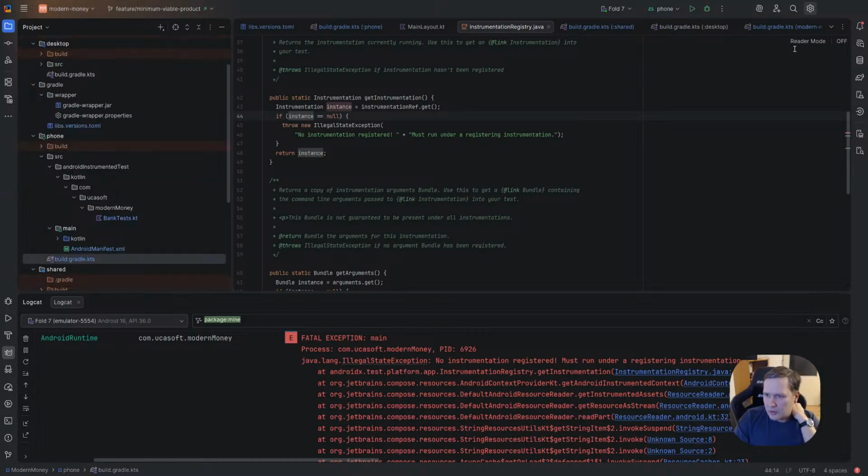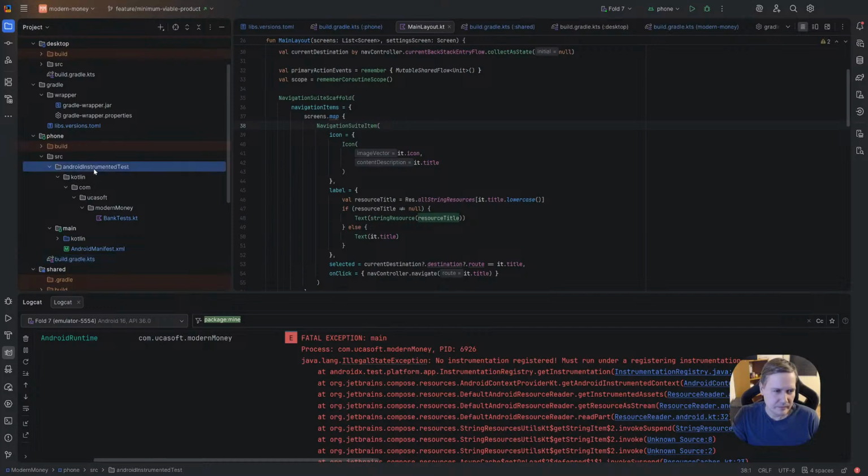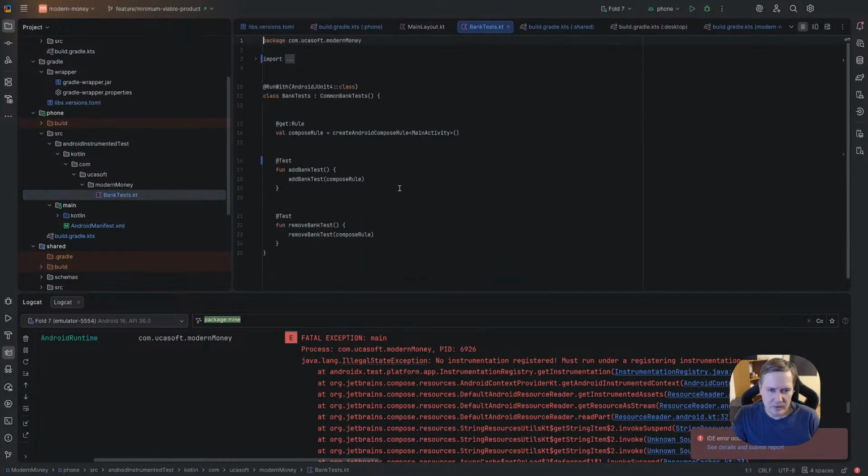Let me check again project structure. If we don't solve this problem, I will just show what I did with JVM, because it's what I don't like.